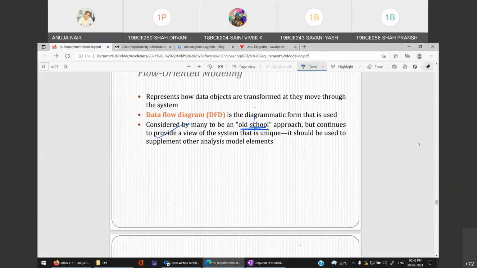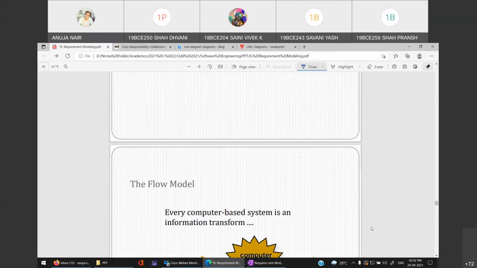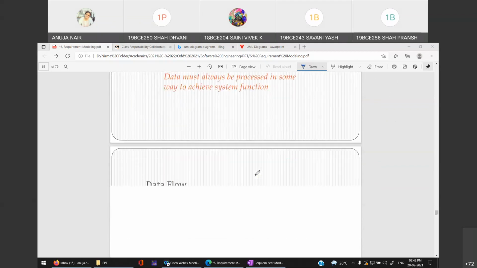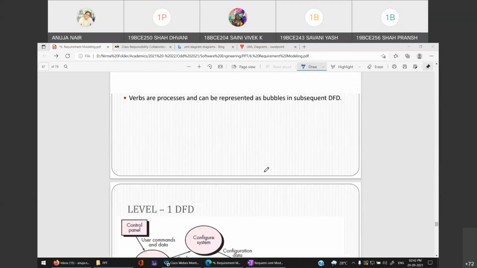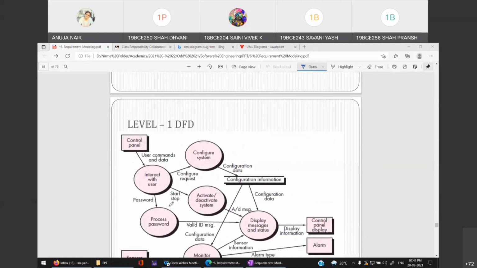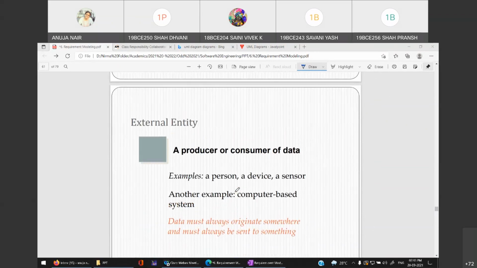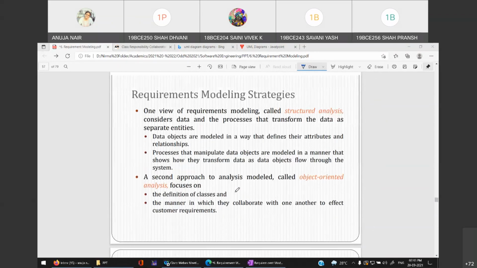Is it clear, all of you? In general, many organizations do use DFD. That is why I'm going to teach you. Because if you see something like a DFD diagram, like this, you should know what it is. So it is a DFD, right? Many organizations still use DFD to show their flow. So you should know what a DFD is.